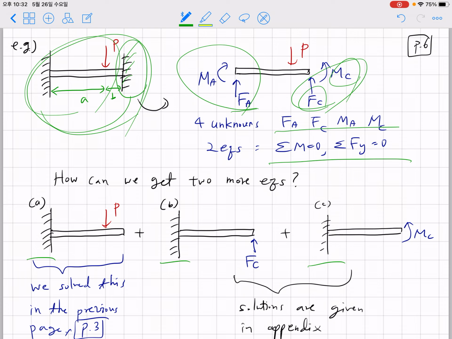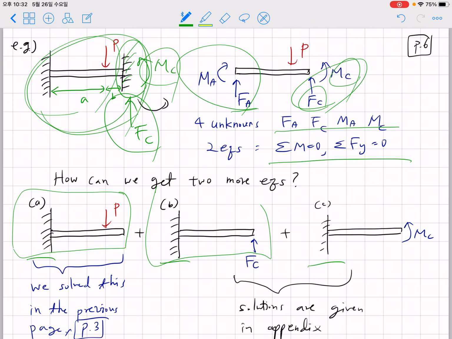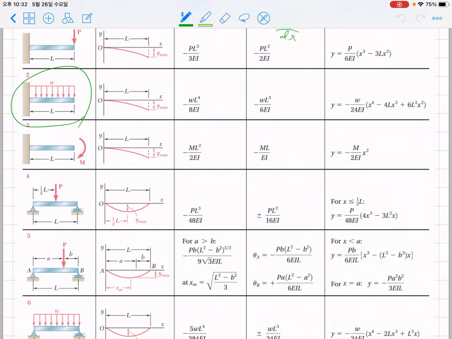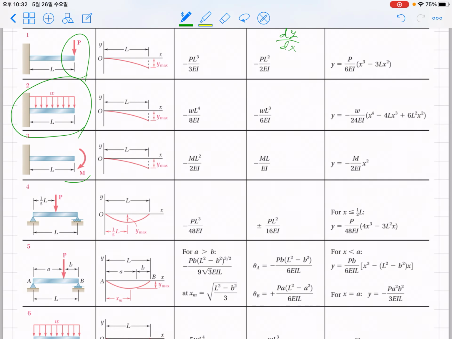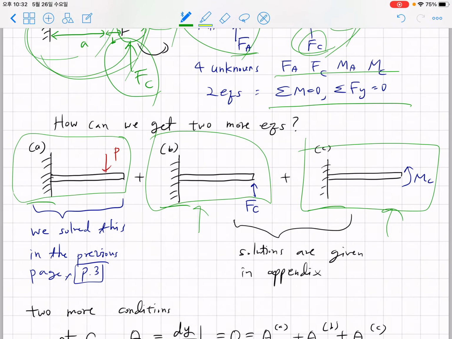So for the right wall, we're gonna have FC and we're gonna have MC. However, because we have the solution for a single FC and single MC, we can split the problem into three parts. First part, second part, known solution in the appendix, C part. So this is known, we have a known solution here, we have a known solution here, given as this. Okay, now regarding this problem, we have a known solution up to this point, and we have to determine